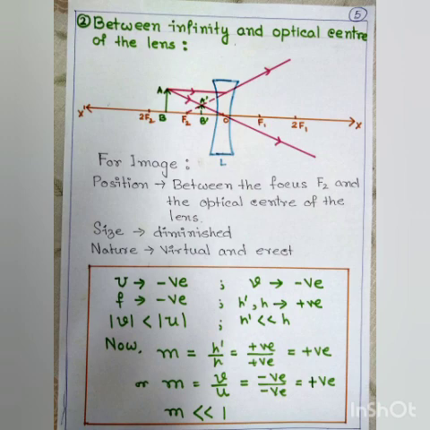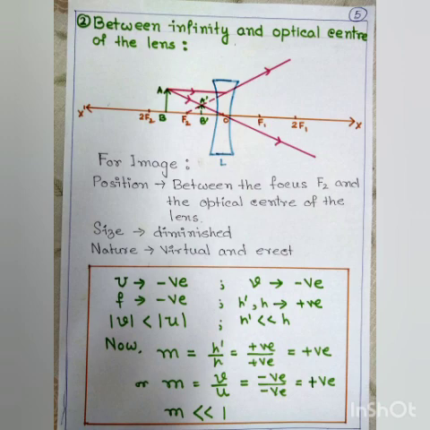Okay. Now let us discuss our next condition when the object is between infinity and optical center of the lens. Here you can consider object anywhere in between optical center and infinity, but I have considered the object is in between f2 and twice f2 to get a good image, a comfortable picture. Now see, here the rays after refraction become diverged, so they will not meet on the other side, but they will appear to meet at the same side, that of the object.